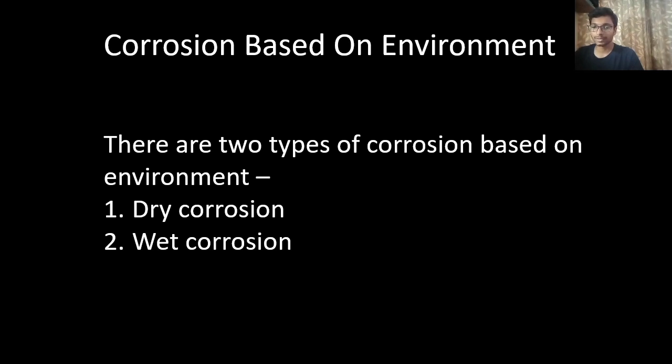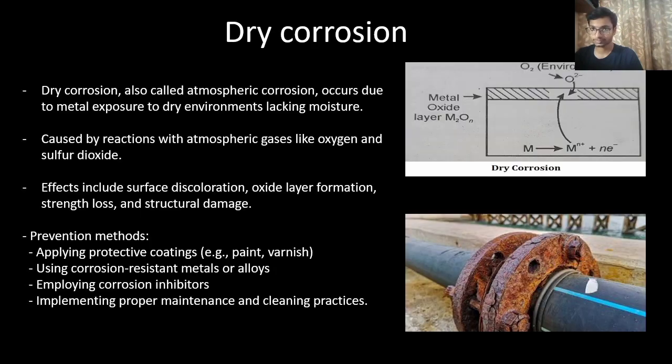Corrosion based on environment. There are two types of corrosion based on environment, which are dry corrosion and wet corrosion. Dry corrosion, also known as atmospheric corrosion, occurs when metals are exposed to a dry environment, such as low humidity or absence of moisture. It is caused by the reaction of metal surfaces with gases present in the atmosphere, such as oxygen and sulfur